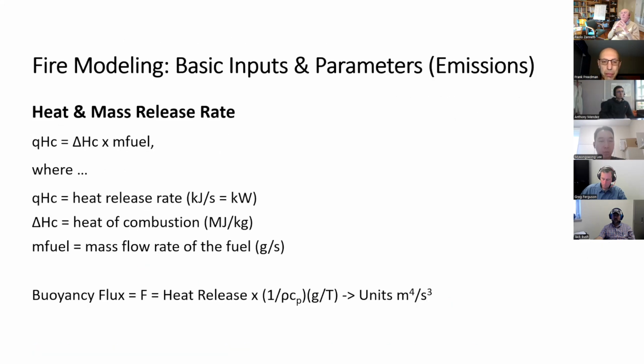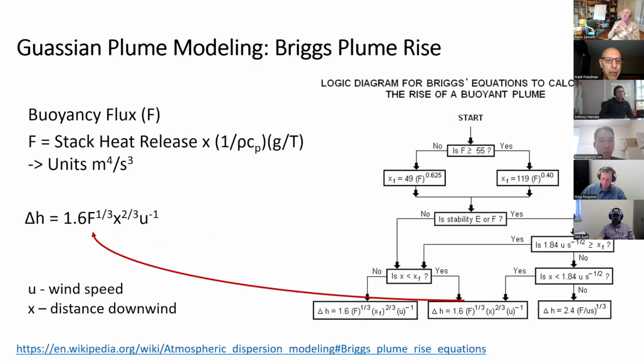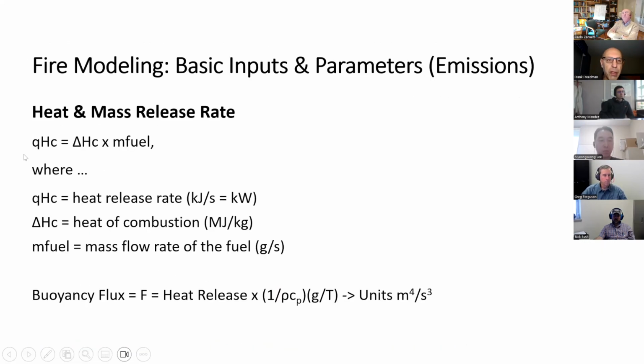Now, there's no fire plume rise equation like we're showing here that I can compare this to, but I wanted to give you a sense of how this buoyancy flux parameter F factors into actual calculations for plume rise, and the Gaussian Briggs equations are an example of that. But following this F parameter for fire modeling,